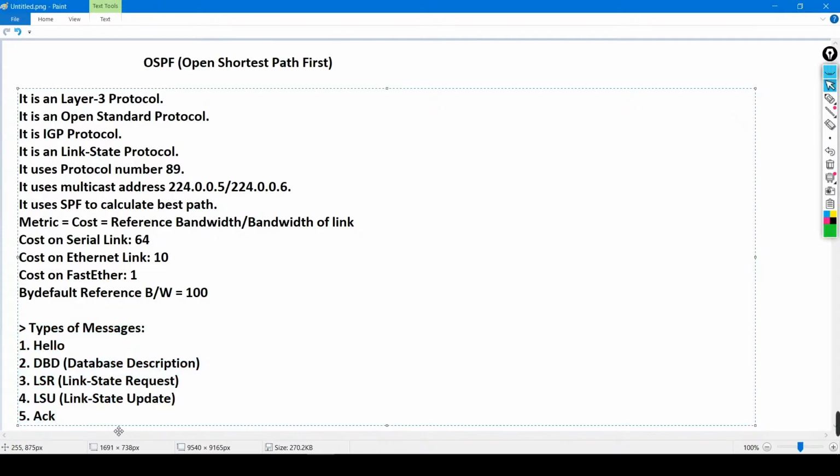Okay, now guys, what is the use of hello message? Hello message is used to discover neighbors and keep alive. And always keep in mind, hello message will be sent on multicast address 224.0.0.5, right? But in some cases, hello message will be sent on unicast address, in case of static